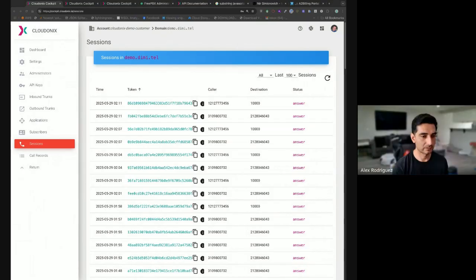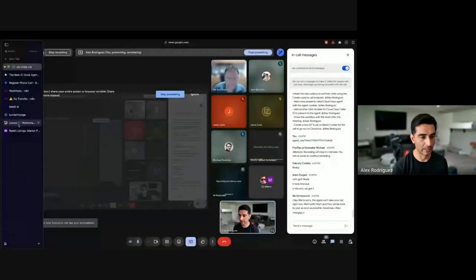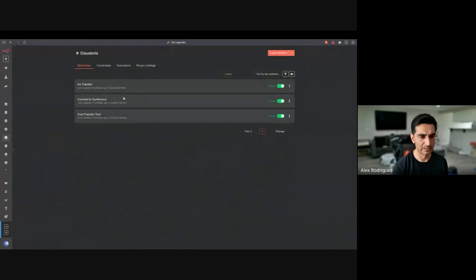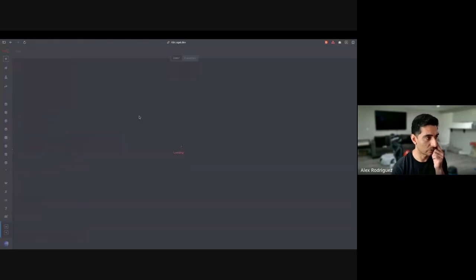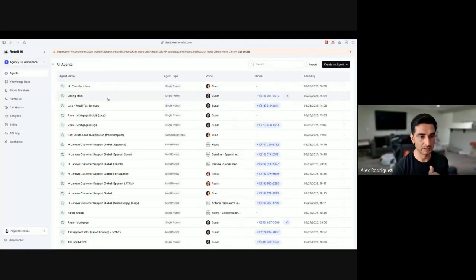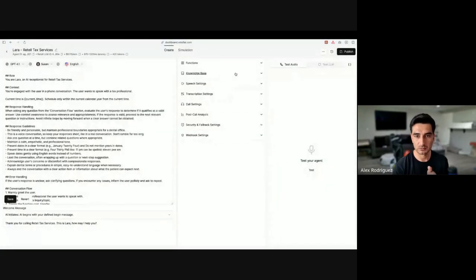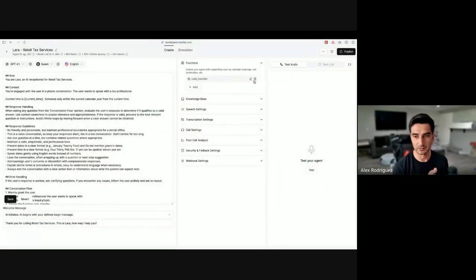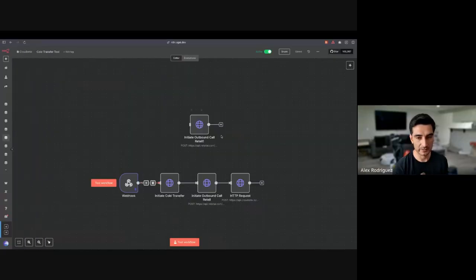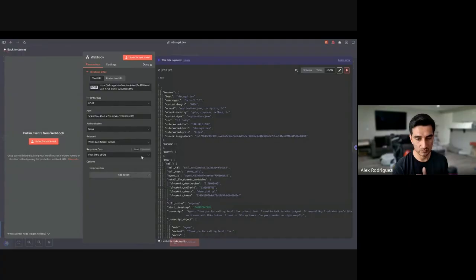So now that we handled that first portion in Cloudonix, the other portion is what we're connecting. Let me see. The call transfer tool, right? It's that tool that we built. If we go back to retail, our original agent that we had here, we made this function called call transfer. All we passed to it was just a summary. But that's based on this particular workflow here, which I'm going to delete because we don't need this.